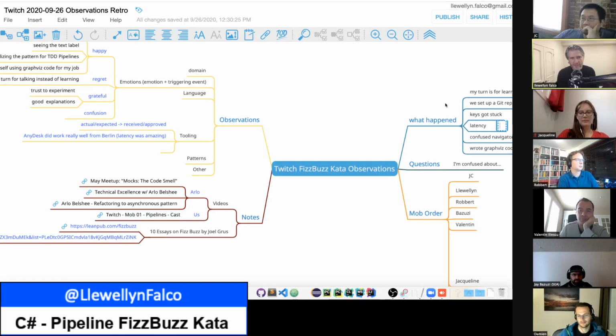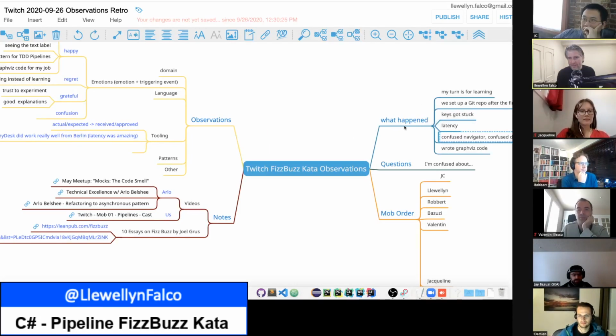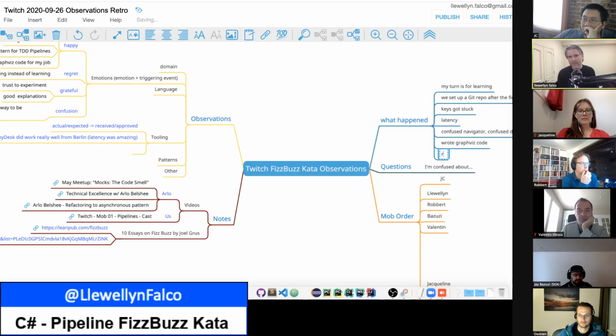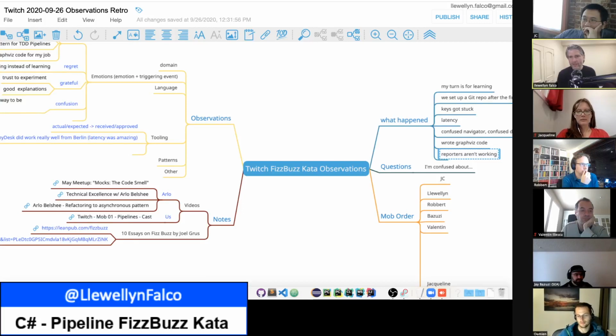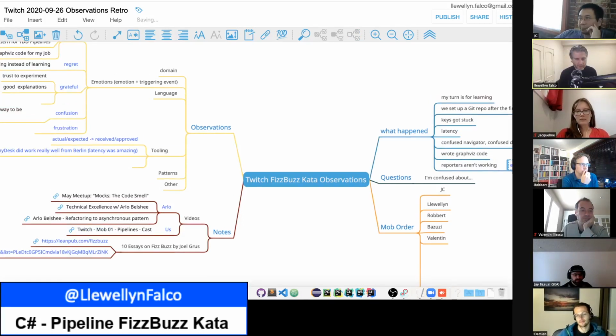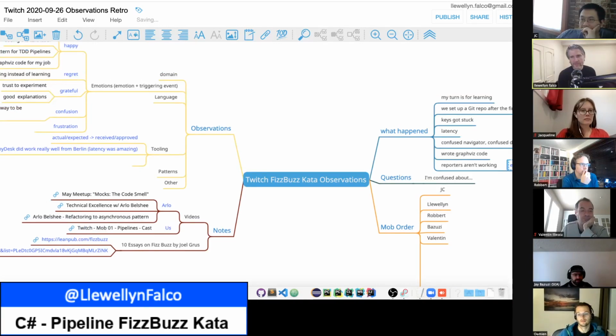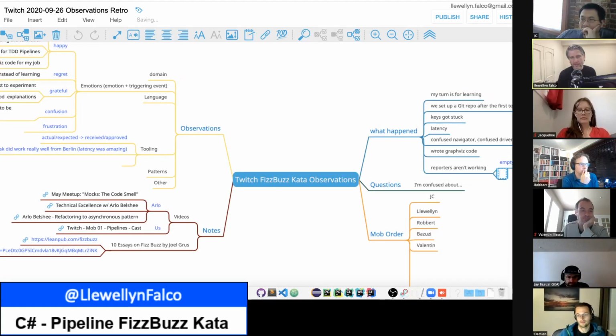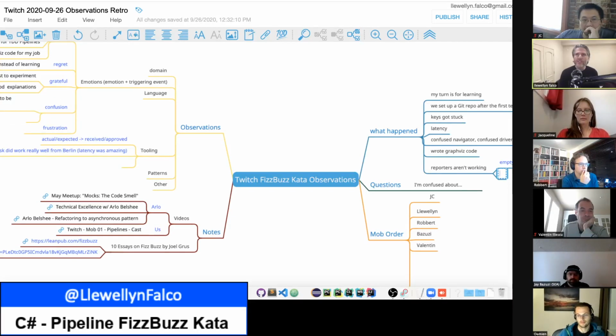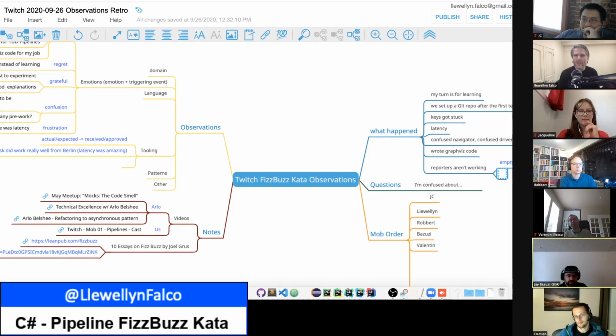There's like a whole, let's see, reporters aren't working. Empty files. Was the only problem with the reporters that it couldn't create the empty files? I think so. We did talk about the idea of having approvals print out a diff when it's running under nCrunch, which is a feature request, not a problem. Oh, yeah, that's good.